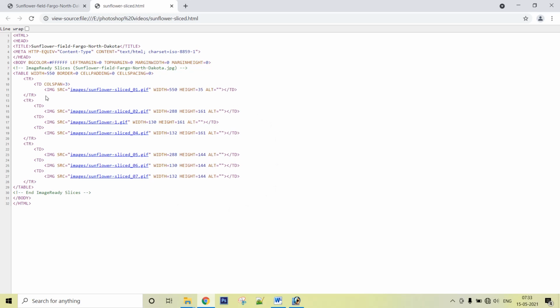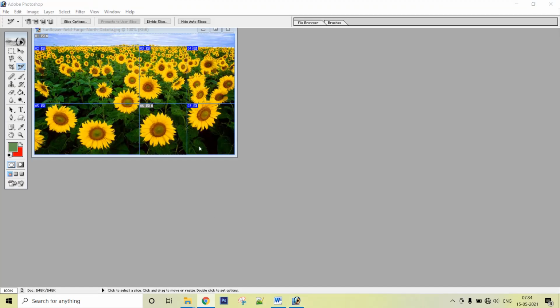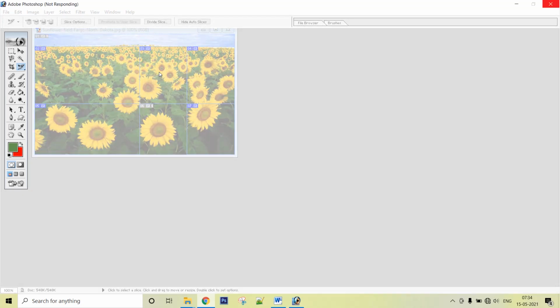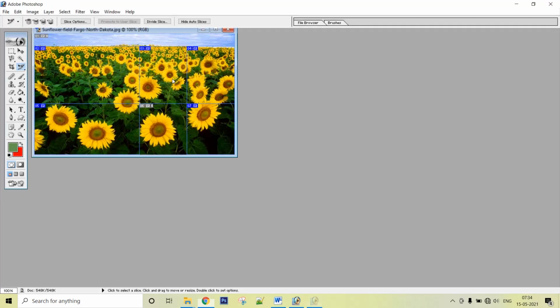Now you can link this particular image section with any URL. If I gave the URL in Photoshop using this option, then these things would already be integrated into my HTML page.